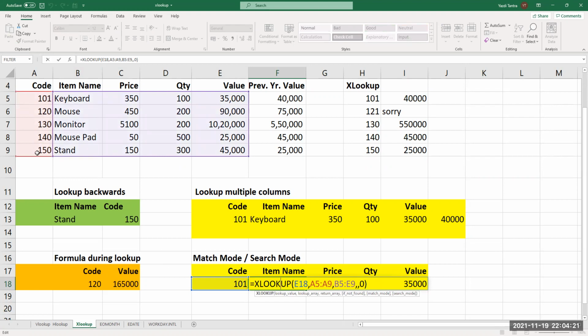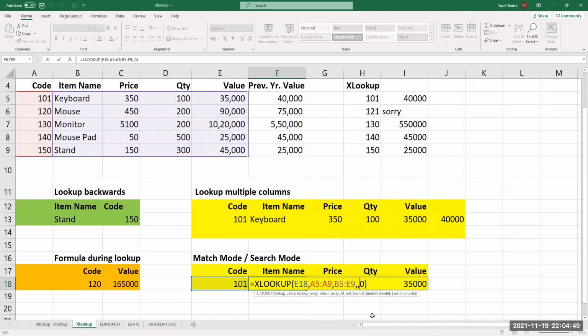In A5 to A9. What you want to return is B5 to E9, that is this entire thing: name, price, quantity, and value. Then what is the next parameter? If not found. So I'm ignoring that. If you want to ignore that, you just put a comma and then put another comma.